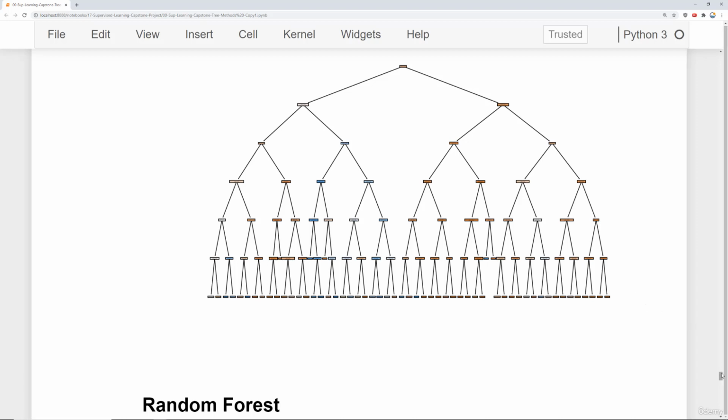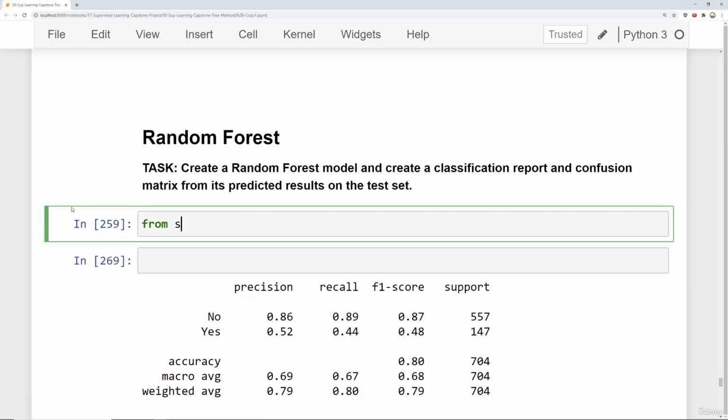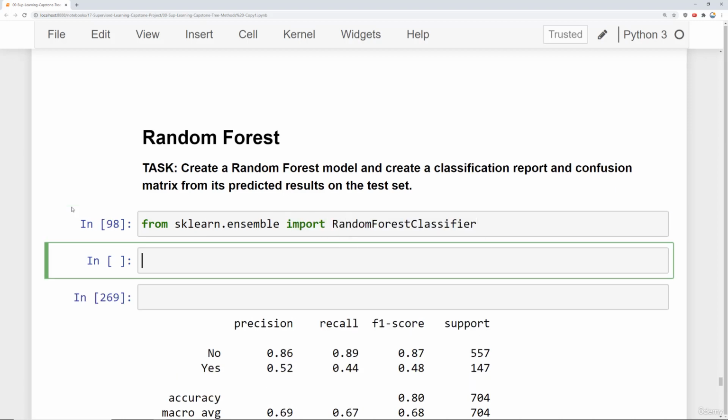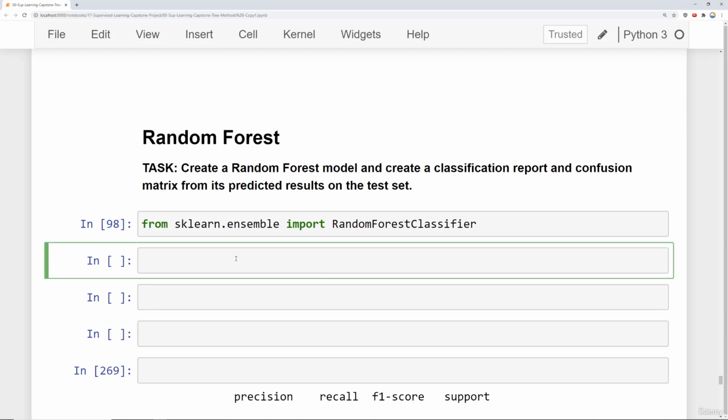Okay, moving along here to random forest, where now our task is essentially to do the same thing, but with a random forest model. So we'll say from sklearn.ensemble import the random forest classifier. And often when you're a data scientist or machine learning practitioner, random forest classifier is the first go-to you have just to get some sort of base performance metric on how well you can expect to perform with this data set. So we can say RF is equal to random forest classifier,